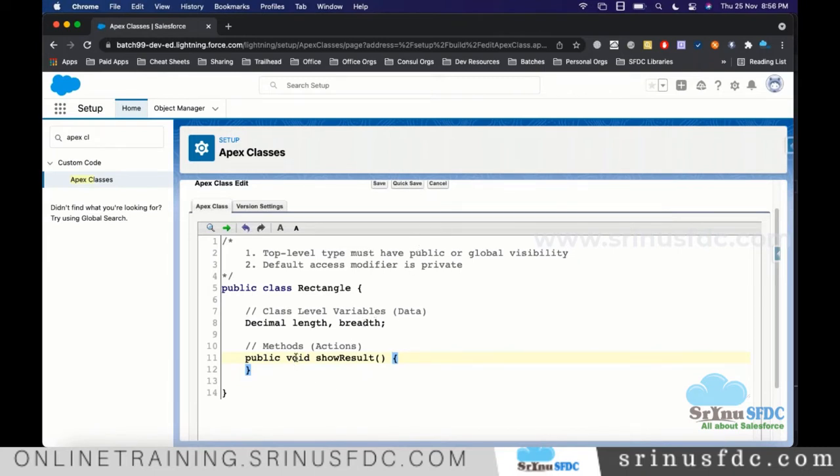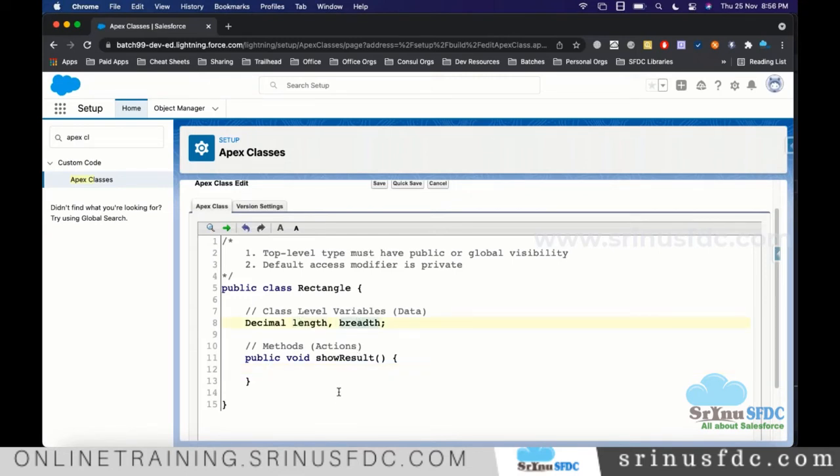Whenever we use void, there is a type of statement called return, and there is no need to use any return statement. If you mention a type other than void, we need to include a return statement. Now inside this, just for our demo, I want to print the value present in length and breadth.